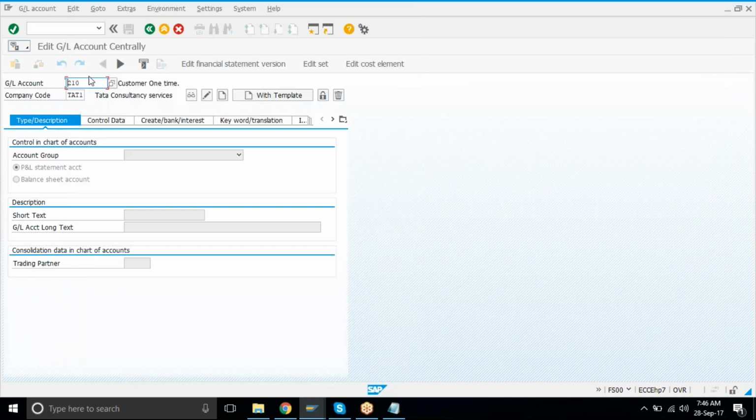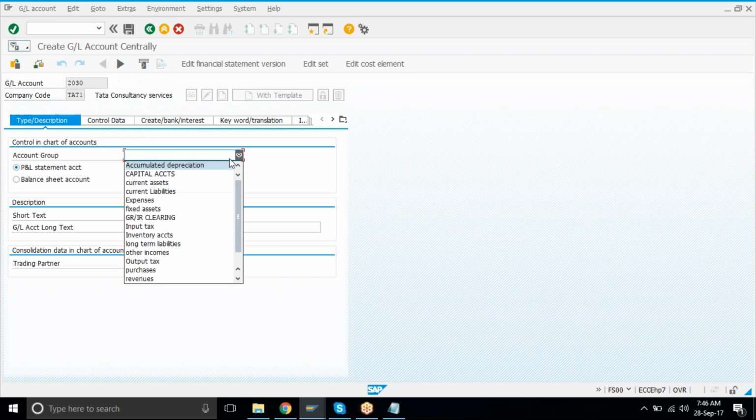Mark it as 2030. If you want, you can use a series also, but that will not be meaningful. It's better to create it in current asset, because how much time are you going to wait? 6 months, a year maximum. So generally it comes in the current asset. If you have a bills of exchange over a period of more than 1 year, you can choose long-term bills payable, maybe in the fixed asset series. But generally we keep it in the current asset series.